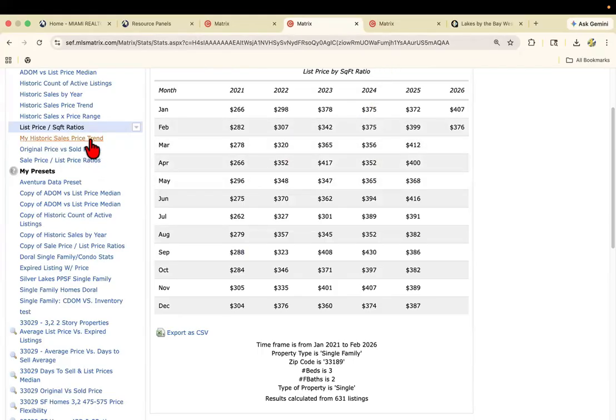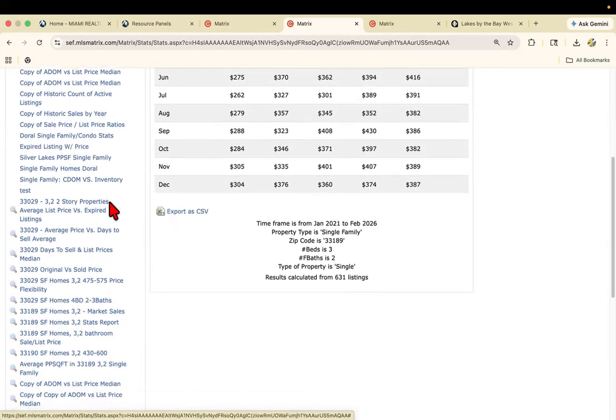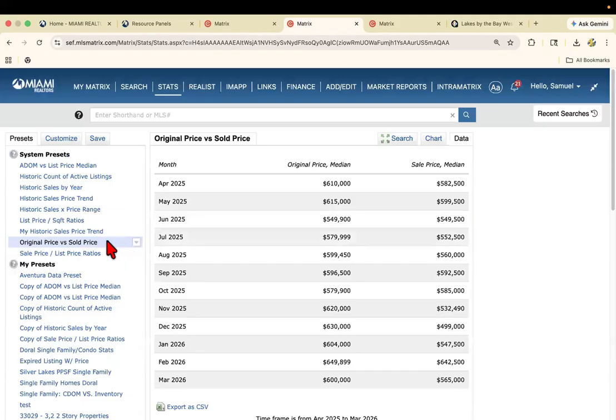Now we're going to skip this one. This report is the same as this one. We're going to go to the next one, which is the original price versus sold price. This one is one of my absolute favorite reports that we get inside of the Matrix system. As you can see, it compares the original asking price of the seller versus what the buyer ultimately paid, which is the sold price. If I'm working with a buyer and they want to submit an offer, it lets me know, possibly, it's not guaranteed, if there's wiggle room on that purchase